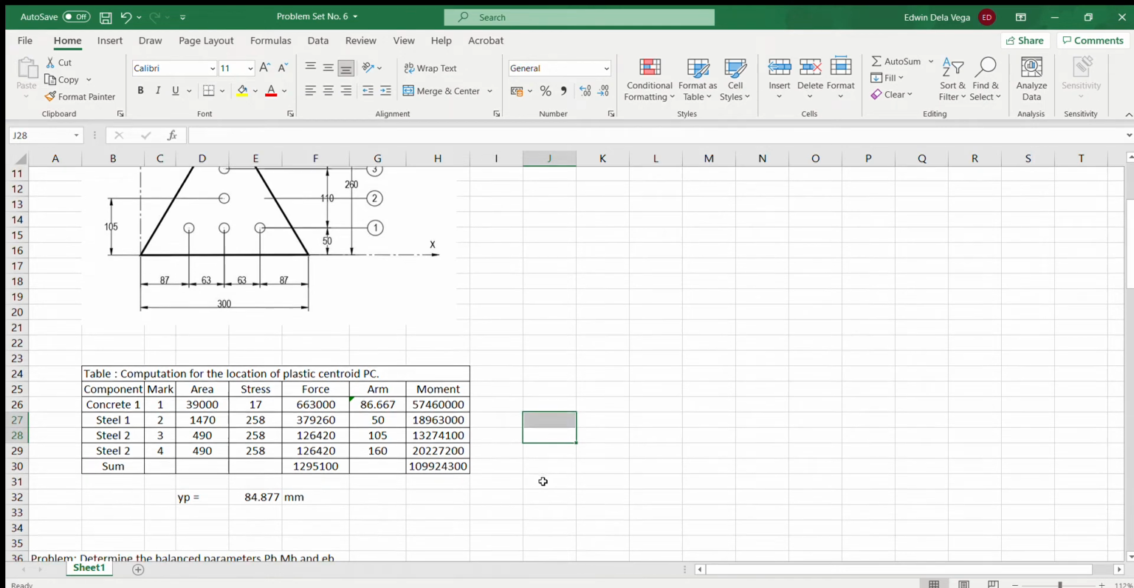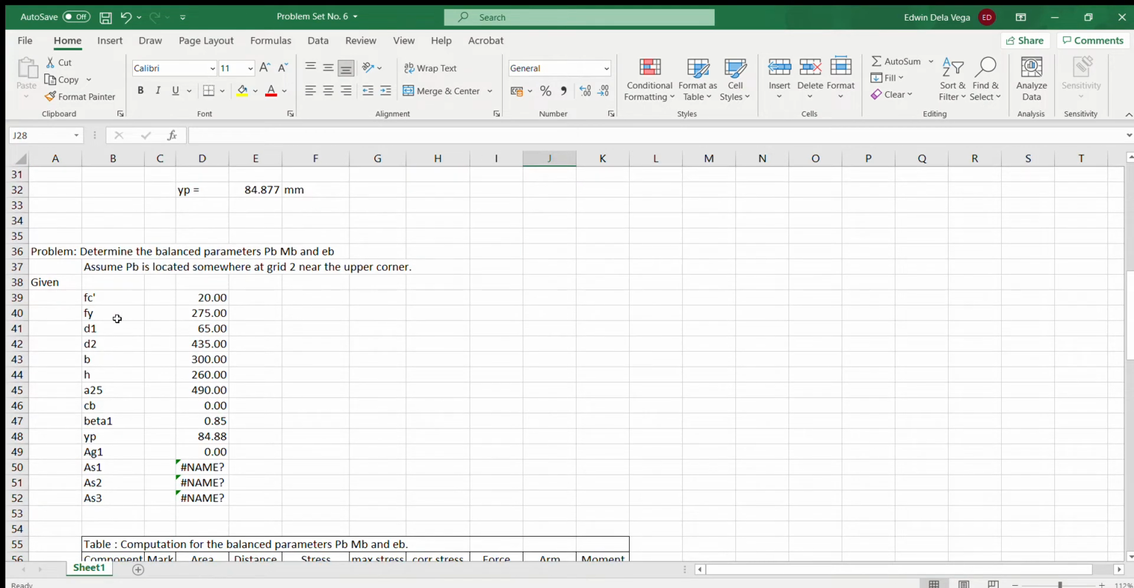parameters? I want you to look into my Excel now. So you define your given values from FC prime up to the steel area here, and it's better to use the name definition of your name. Let's say FC prime. So you have to define. Just right click your cell and then define the name. For ease of formula computation, so I can now write here